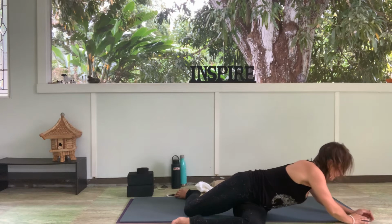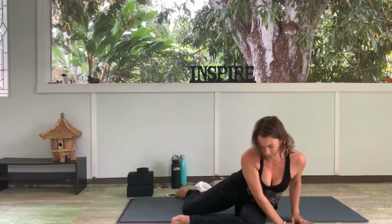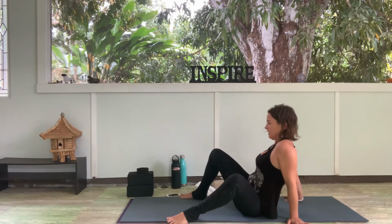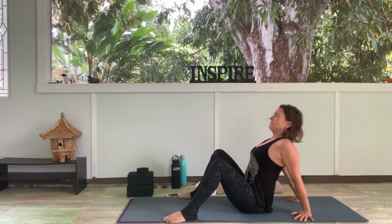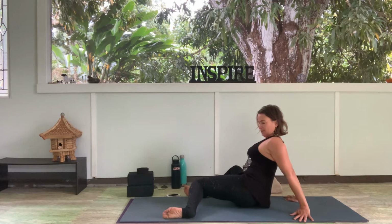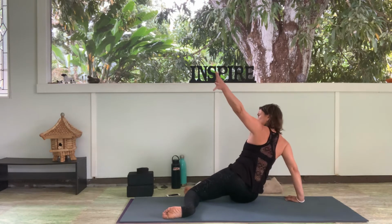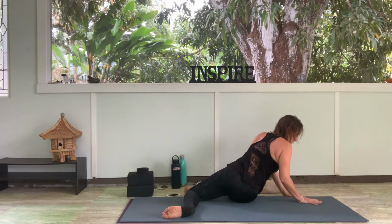Inhale, come back up. And just walking your hands slowly around to come back to center, letting your right hand come back behind you as the knees lift up. And take an inhale, just lift your chest. And then let your exhale guide you to the other side. Knees over to the right, left arm sweeps up and around, comes over by your right hand, turns, and then